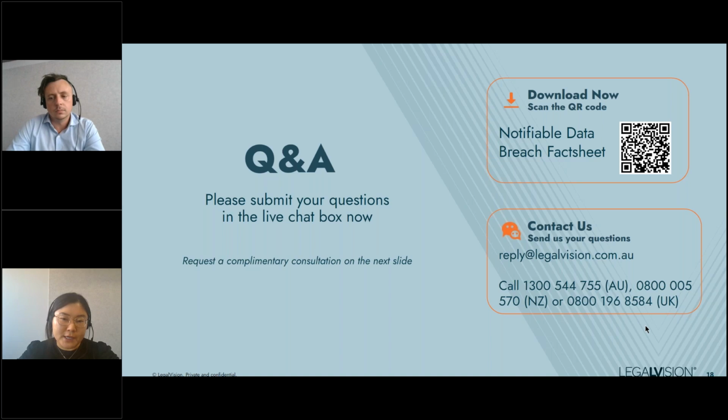So it's important to make sure that you're working with your lawyers, working with your experts to ensure that you're meeting the Privacy Act and the Australian privacy principles, and it's changing quite rapidly. So you might have a privacy policy that was drafted 3 years ago. You will need to ensure that that's regularly updated, and it's recommended that you work with your experts to make sure that they comply with the most up-to-date legislation.